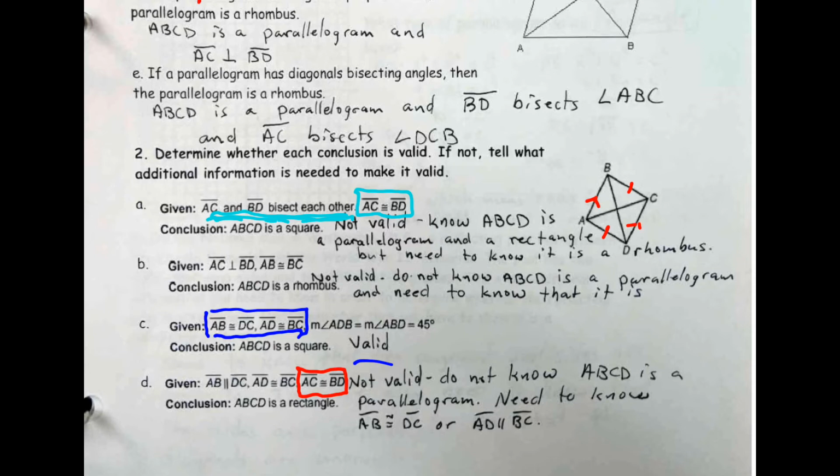In order for it to be a parallelogram, we either need to know that one pair of opposite sides are both parallel and congruent, but we don't. We know the separate pairs are. Or we need to know that both pairs are one or the other. So both pairs are parallel, or both pairs are congruent. So we don't have any of those three conditions. We're very, very close, but we don't, which means it's not a parallelogram, and we can't say that ABCD is